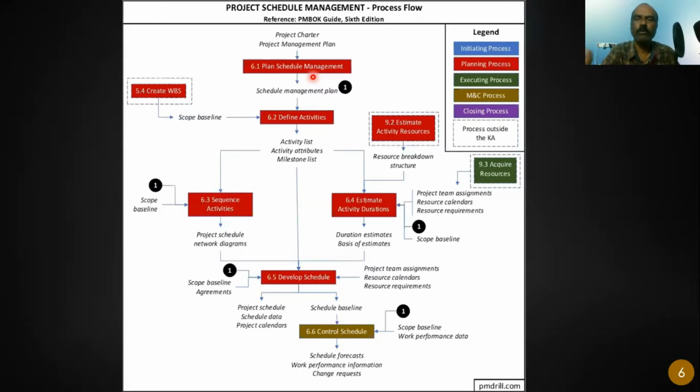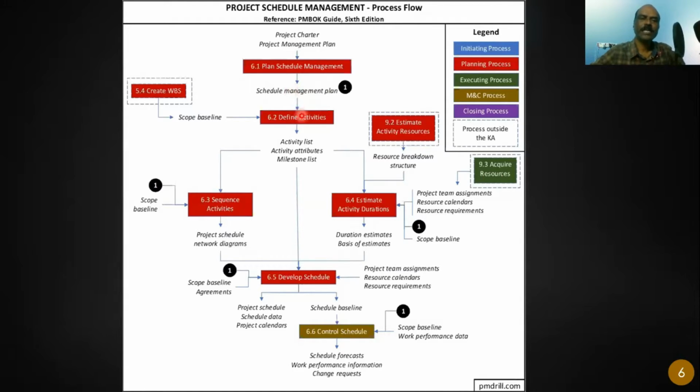And then finally, how to develop the schedule, how to present the schedule, how to monitor the schedule, how do we know that the project is on schedule or behind the schedule. This is what is done in schedule management plan. So this is the first output from the knowledge area. Always, in every knowledge area, the first output is the subsidiary plan, whether it is scope management plan, schedule management plan, cost management plan. Always the first output is the subsidiary plan.